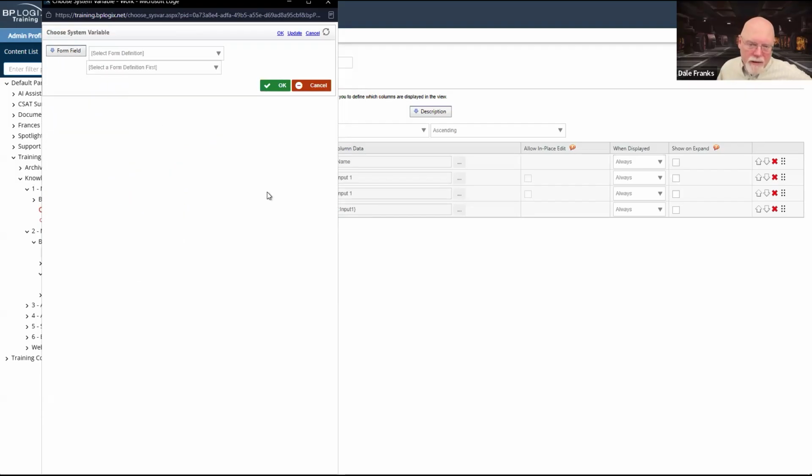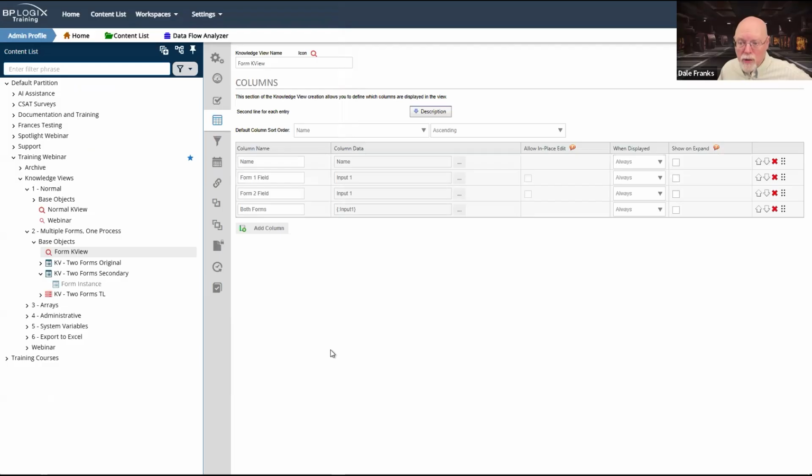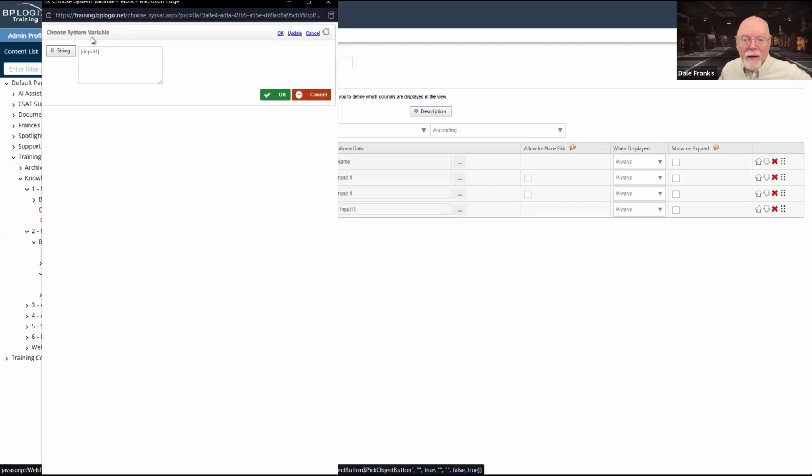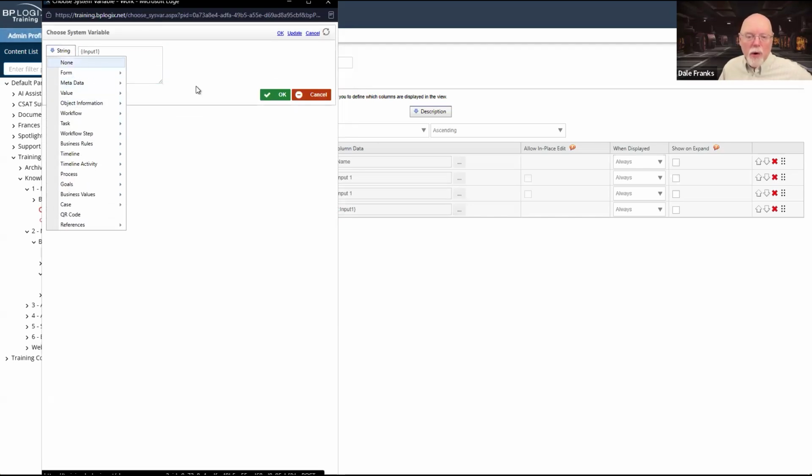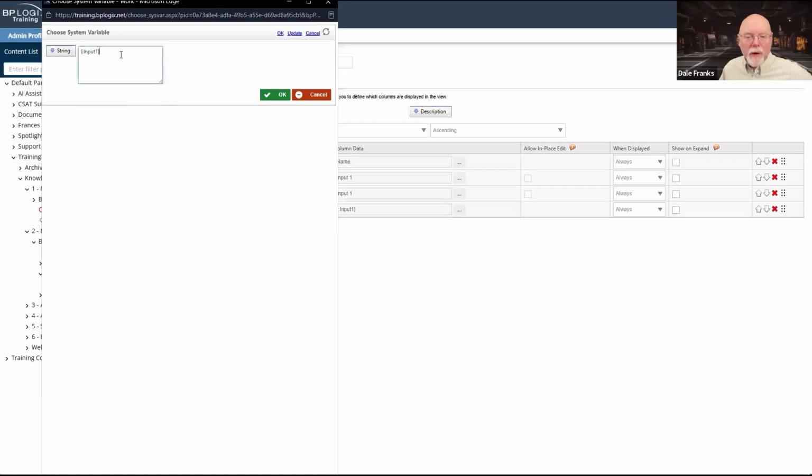But it's not really magic. You're just choosing a system variable. And nothing says you have to choose a system variable. You can, in fact, just type a system variable by setting the value to string. And then you can just put in a system variable.